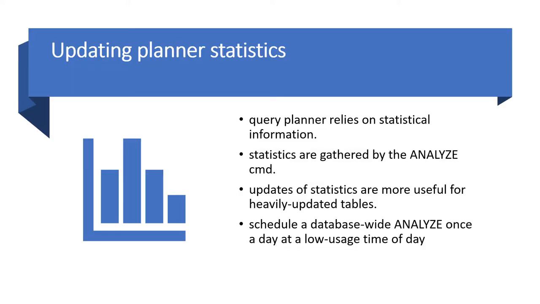So what happens when a table with millions of rows has 24,000 rows updated or deleted in a day? The statistics of the table also get changed. So instead of 1 million rows, there will be 24,000 fewer rows in that table. So when the query execution happens and that table is part of the query, it is not going to have the current statistics. So what you need to do after such activity wherein the table is heavily updated,